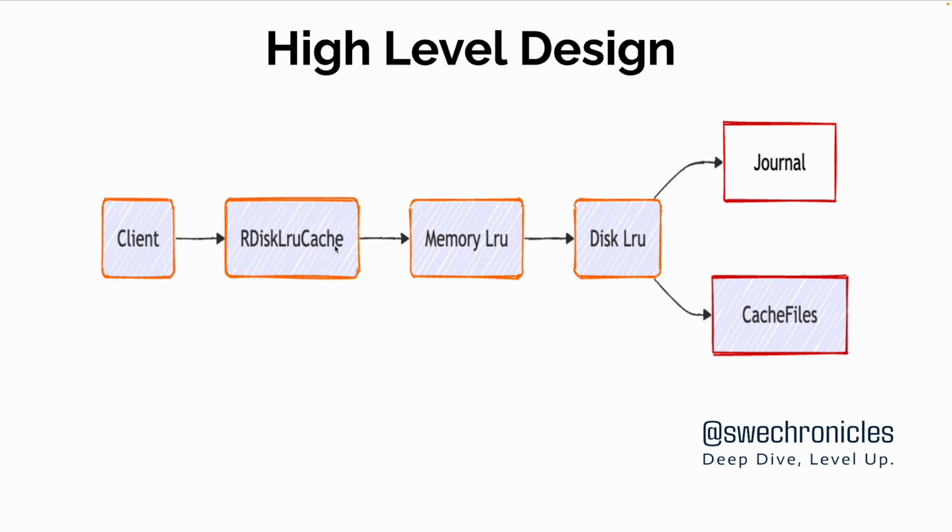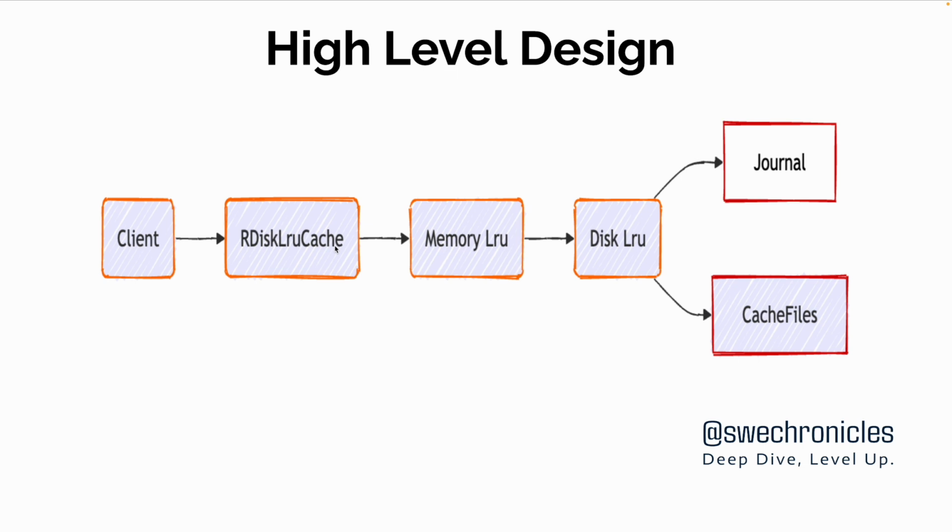The first one being the memory LRU. This is a traditional LRU which is implemented in memory. It stores the frequently accessed data for quick retrieval. Then there is a DiskLRU, a persistent cache that stores data on disk. It's used to store data that doesn't fit in the memory cache or for data that needs to be persisted